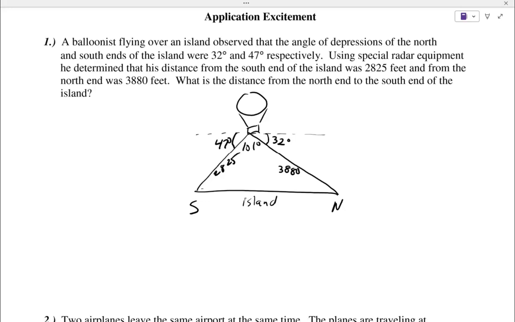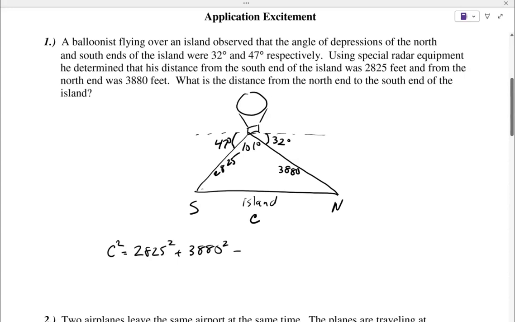Because we have two sides and an included angle, don't we? So again, if we call this C on this side, what equation would you have? C squared equals 28.25 squared plus 38.80 squared